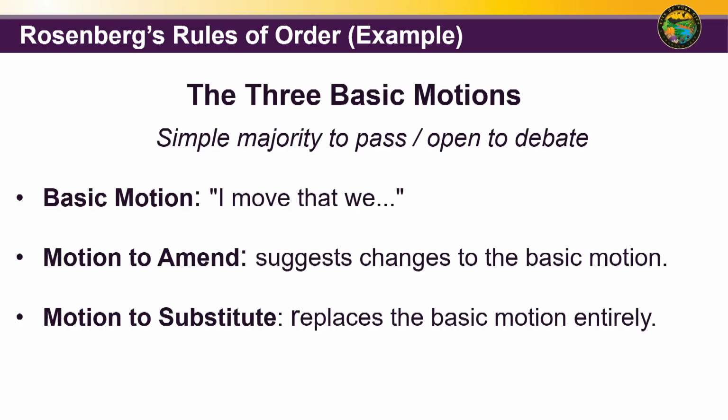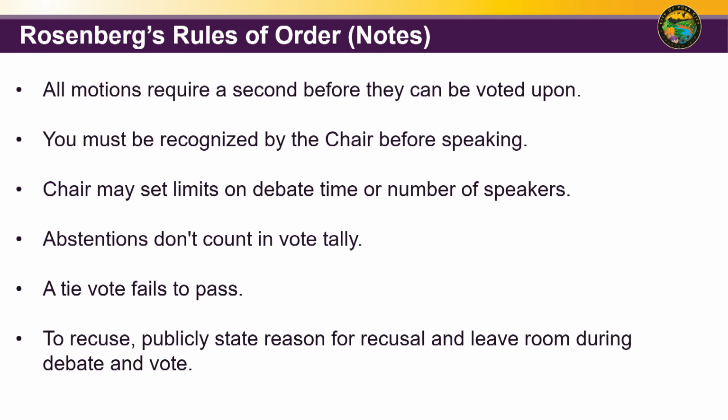The other one was a resolution adopting Rosenberg's Rules of Order as part of a resolution instead of part of the ordinance. Ordinances, again, are very rigid, whereas resolutions are flexible. Robert's Rules, which was different than what we had adopted, is 700 pages, and how to make a motion doesn't even occur until page 100. Rosenberg's Rules is extremely simple, and it's more real world. So here is another list of notes, a cheat sheet for Rosenberg's Rules.